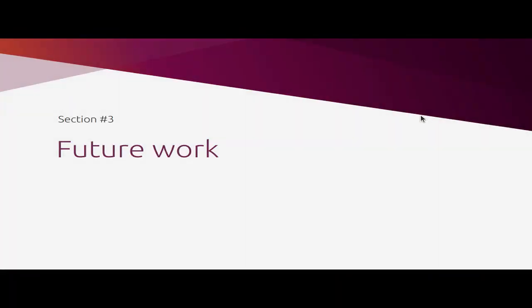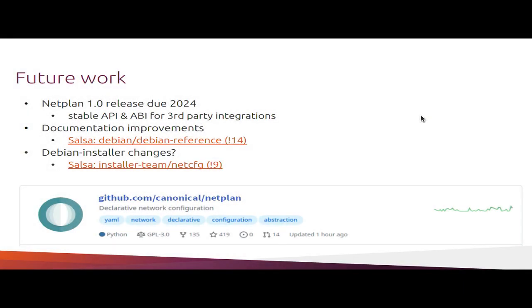All right, so let's talk about future work. As the upstream maintainer for Netplan, I plan to do a Netplan 1.0 release probably next year. I mean, we're now at version 0.107, which I don't know, it's kind of weird. But yeah, we focused on stabilization quite a lot. We improved our testing and our documentation quite a lot in the recent years. And I guess it's time to put out a 1.0 release that will come with some promises about stable APIs